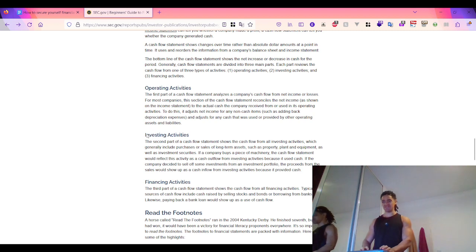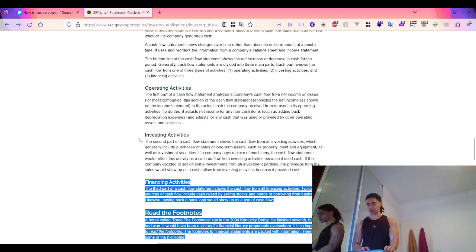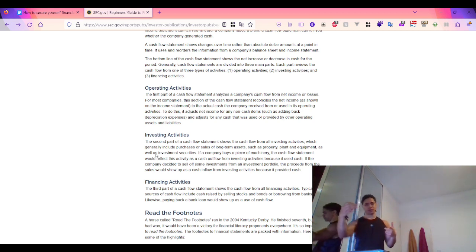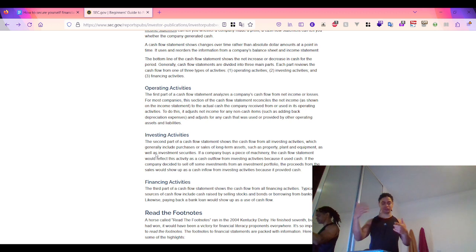Okay, and when it comes to investing activities, which is the second part of the cash flow statement, what it does is analyze the cash flow from investing activities, which generally involves the purchase or sale of long-term assets, assets like intangible assets, patents, copyrights, trademarks, goodwill, customer relationships, property, plant, or equipment, and investments, whether stocks, bonds, or any other investment,